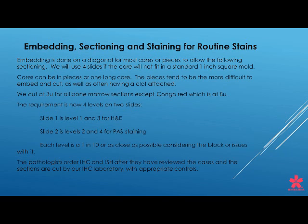We cut at 3 microns for all bone marrow sections except Congo red, which is at 8 microns, and that's when they're really looking for multiple myeloma. They start looking for amyloid in the core. The requirement is now 4 levels on 2 slides. We cut 4 levels at 1 and 10. Slide 1 is level 1 and level 3 for H&E, and slide 2 is levels 2 and 4 for PAS staining. Each level is at 1 and 10 or as close as possible,